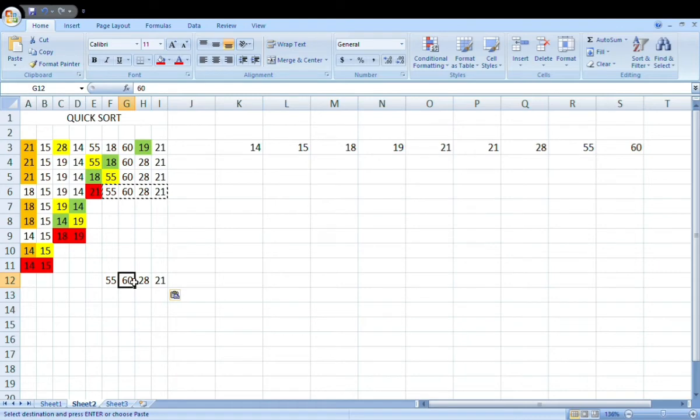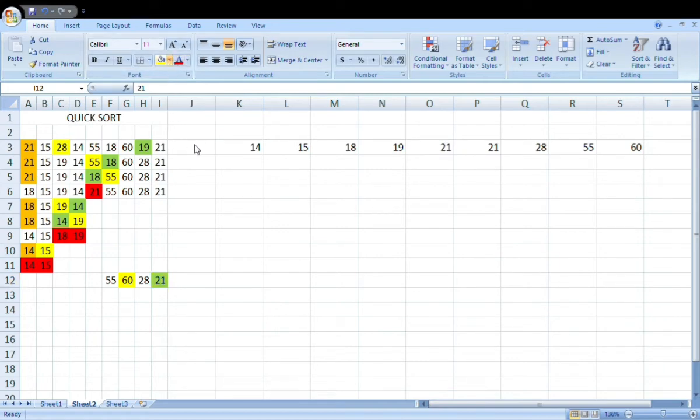So now starting from here, 60 is bigger than 55, so it will stop here. So let me mark it yellow. Then it will try to find a smaller value compared to 55 starting from here towards the left, but this itself is a smaller value, so it will not proceed further. Let us mark this as green.